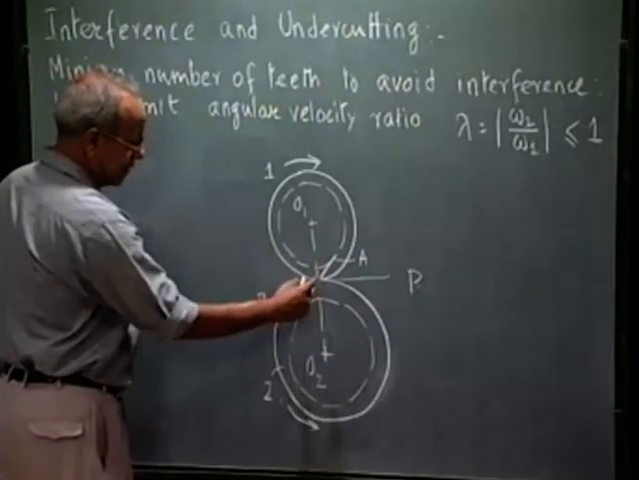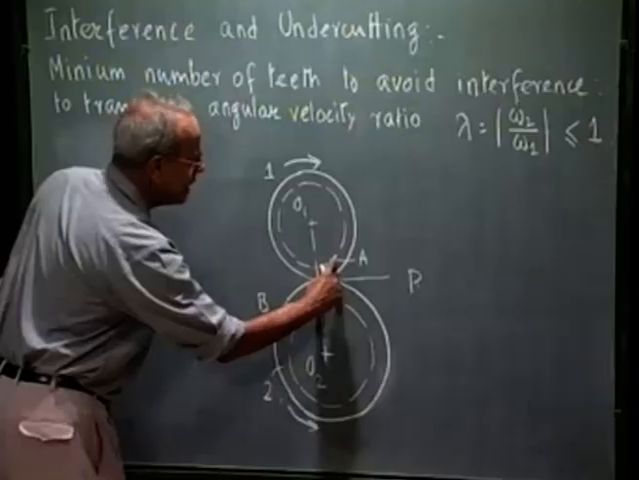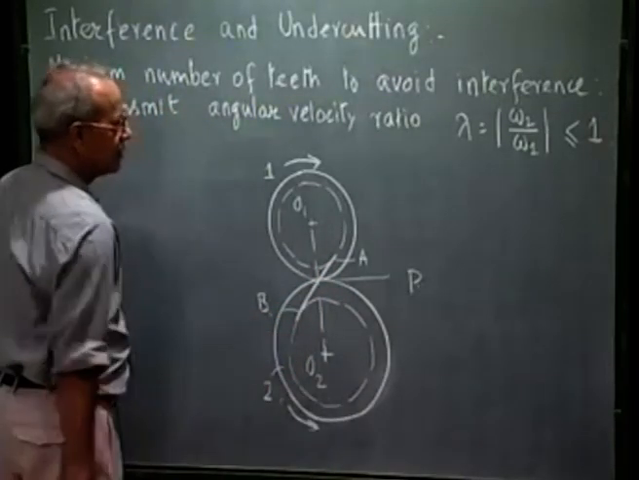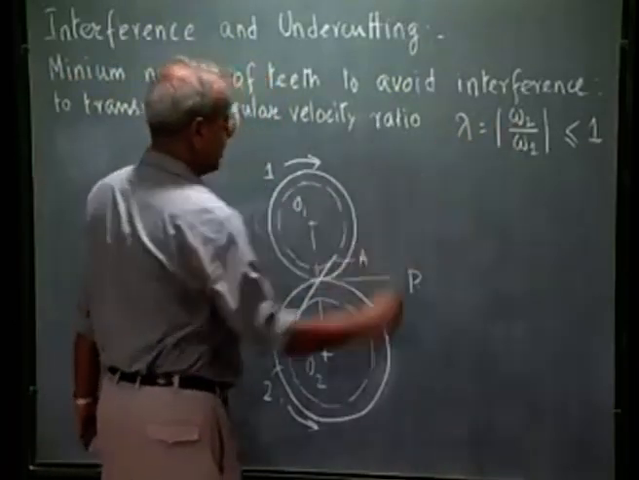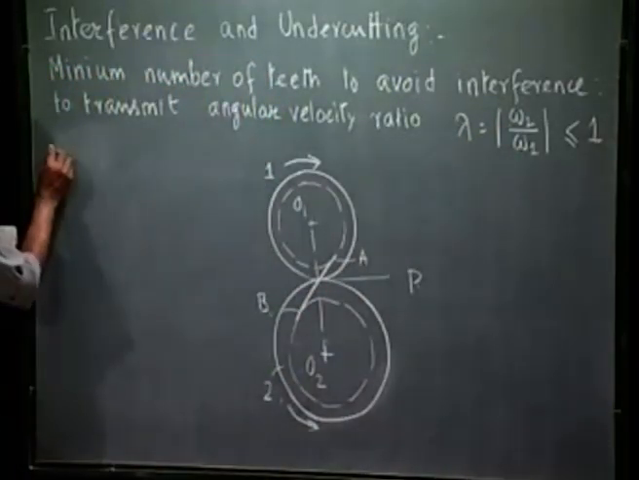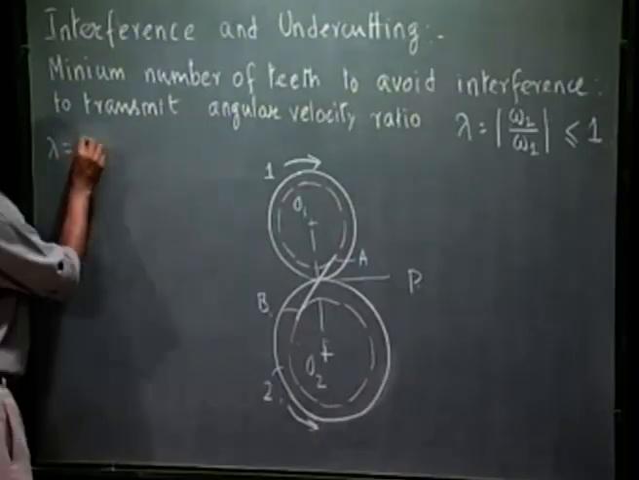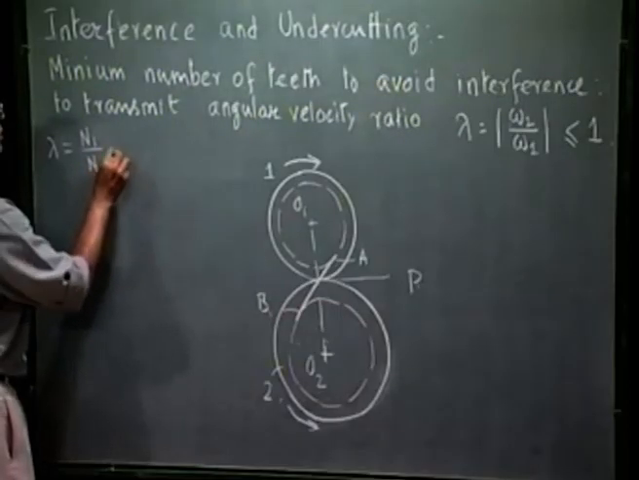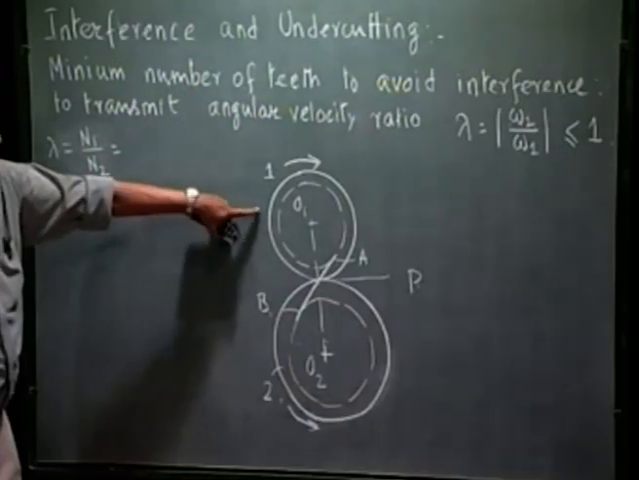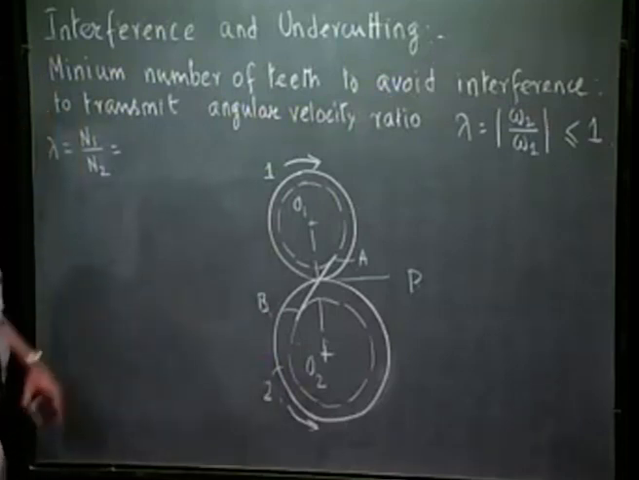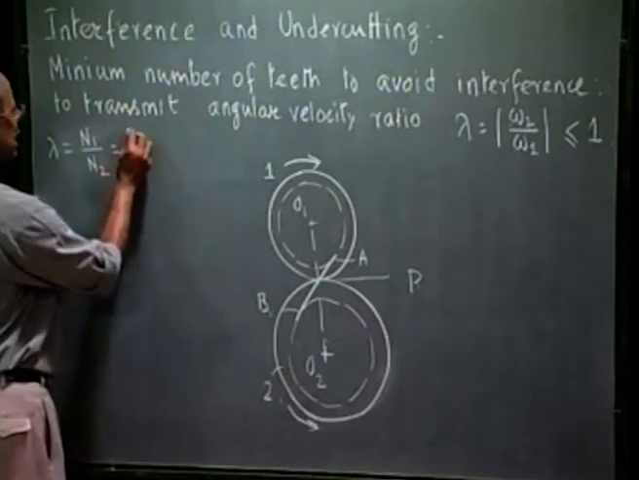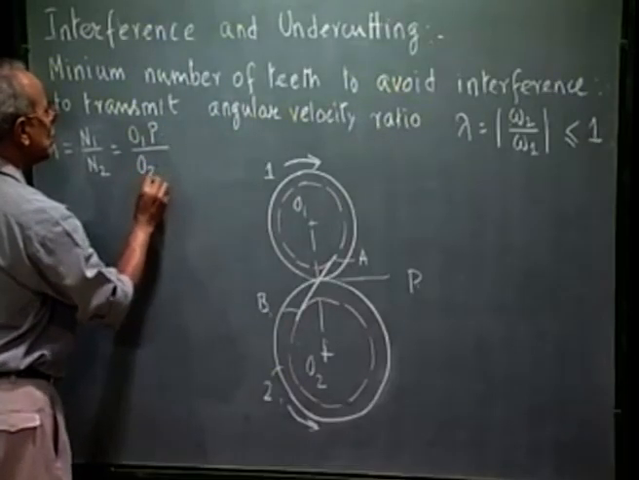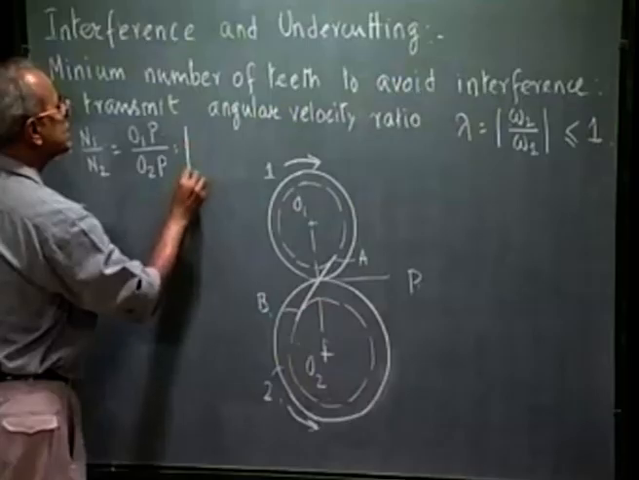Now, as is very clear, because this is a smaller gear, AP is smaller than BP. This is a larger gear which is rotating at a slower speed. So, lambda is N1 by N2, where N1 is the number of teeth on this gear, N2 is the number of teeth on this gear, which is also the same as O1P divided by O2P, and which is the same as